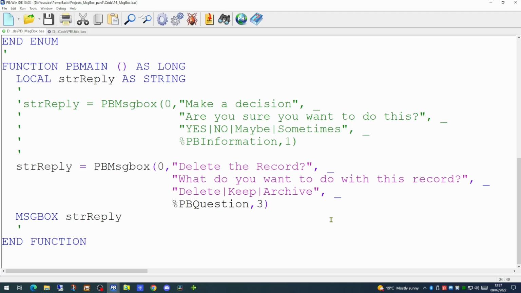So now we have a DLL which performs this limited functionality. What we're going to be doing in our next video is we're going to add an extra parameter to allow us optionally to show a URL inside the message box. However, that's it for today.